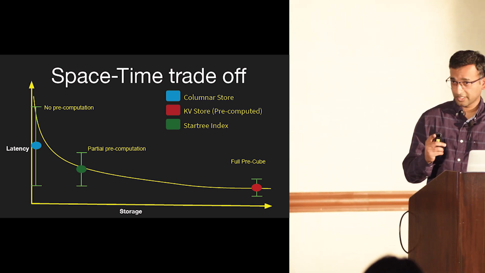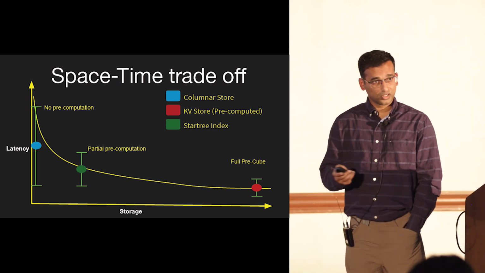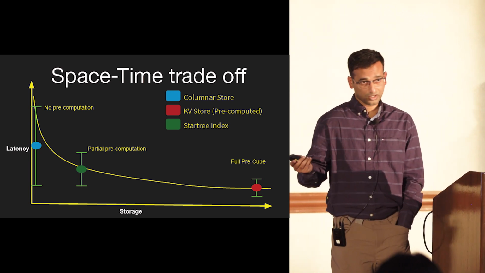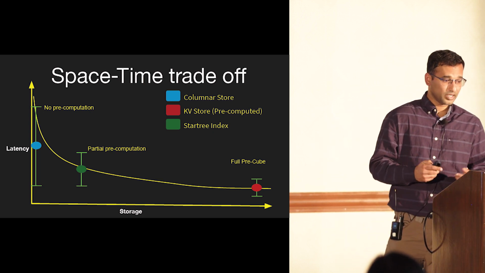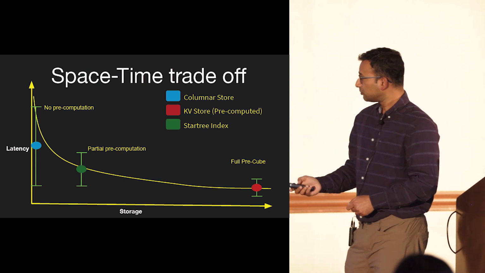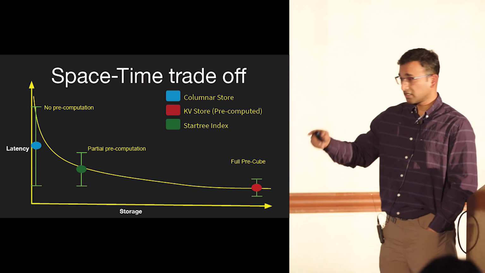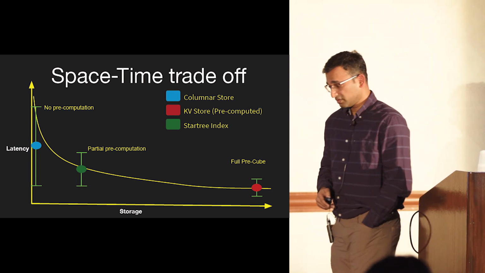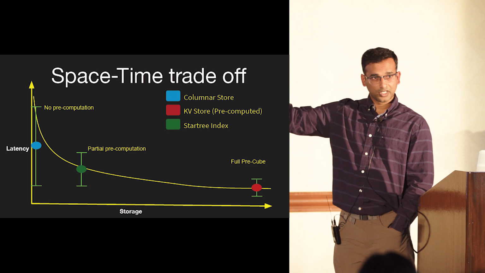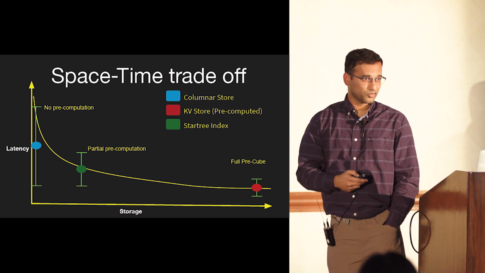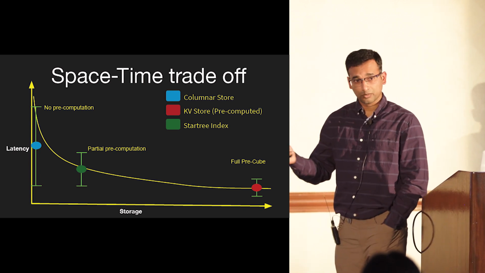So that leads to the part that I said I would get to later, which is the space-time trade-off. If you try to look at all these solutions, whether it's pre-cube or pre-joined or pre-aggregated, it's really trying to trade off between the two things, which is your space and latency. So the OLAP or the columnar stores like Druid and Pinot, which is in a similar form as Druid without the star-tree index that I'm going to talk about, basically sit there, where the latency can be variable depending on your input. So for example, in the previous query, US can be very slow, Ireland can be fast. So you have a lot of variability here.